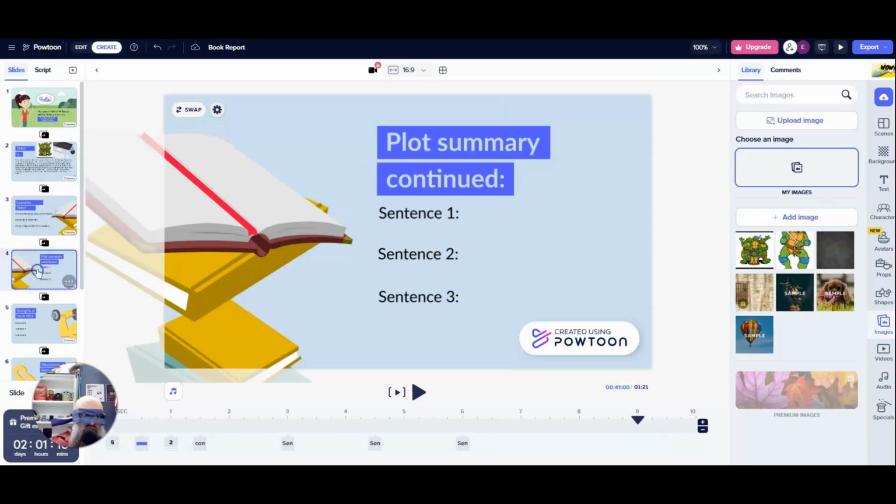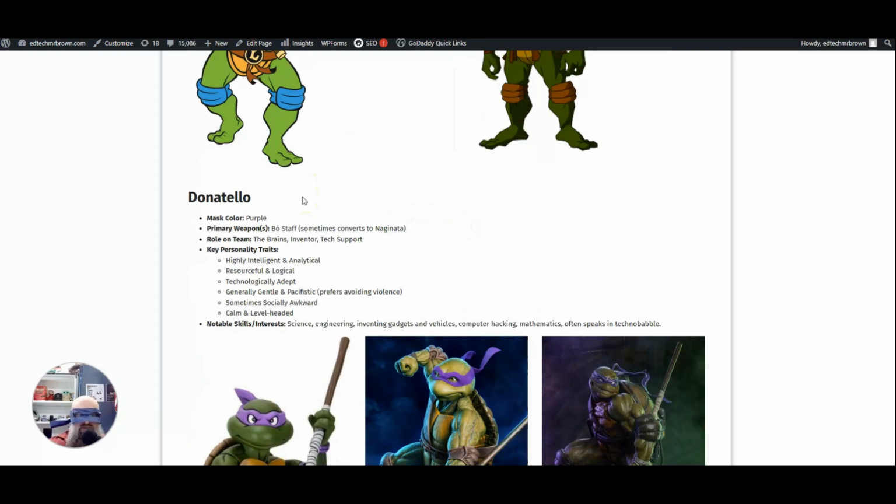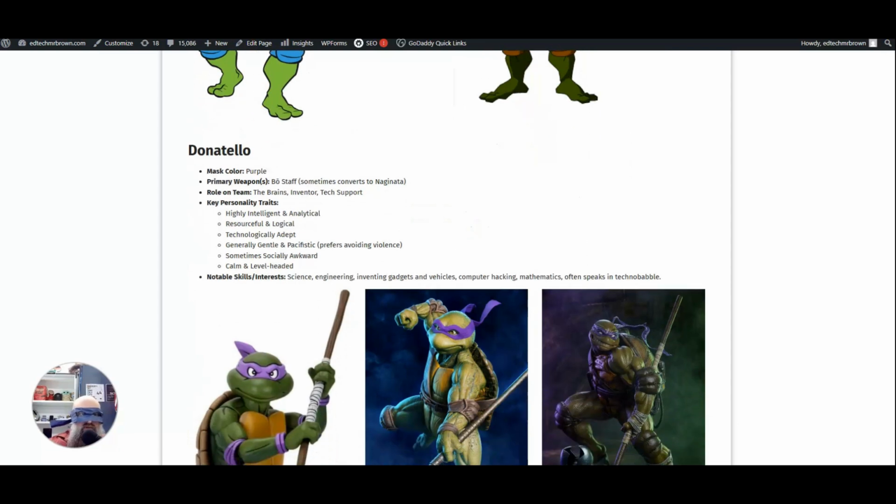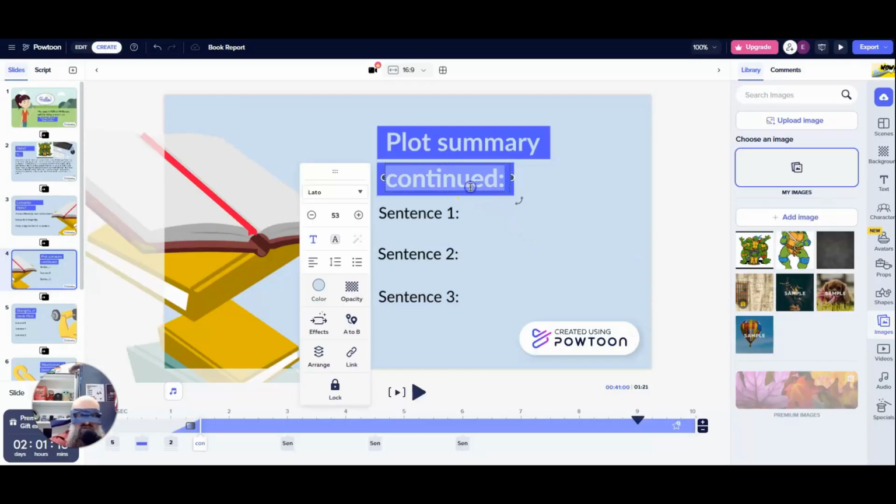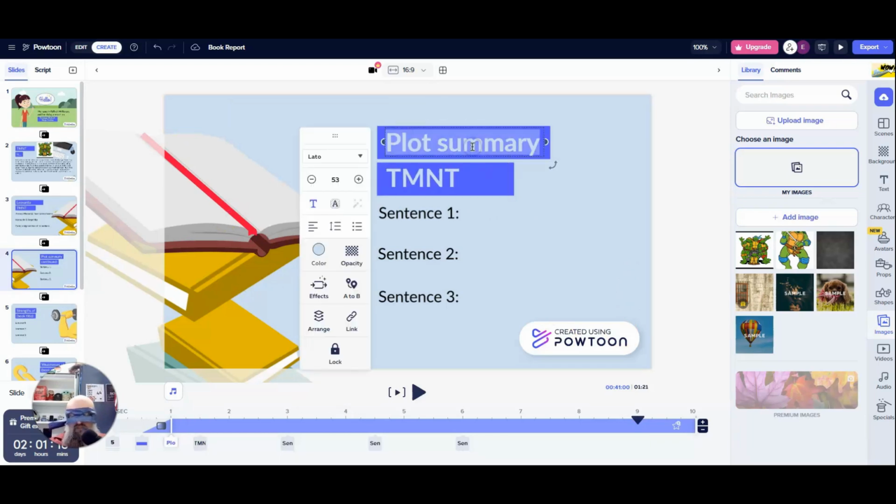All right, so we're going to go on to slide 4. Slide 4 here. So we have our introduction. We have Leonardo. And the next one we're going to do, if we look at our data on our project page data here, is Donatello. So we're going to go back over here. And again, where it says continued, I'm going to change that to TMNT. And on the top one, I'm going to put